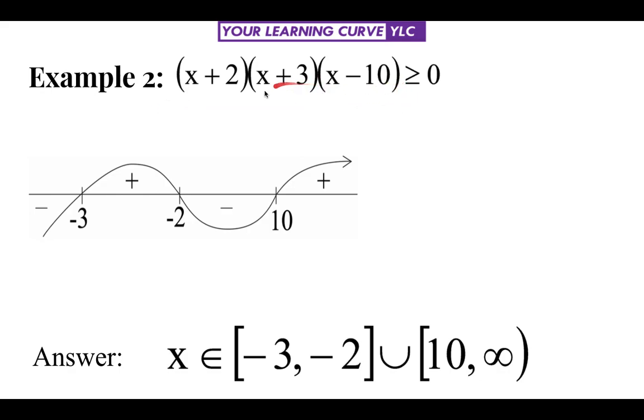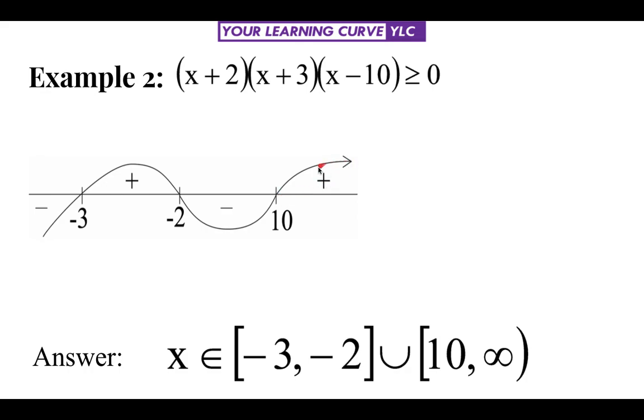Now, next, there is nothing in the denominator. Every factor is in the numerator itself. So, we will say that this function will never be undefined for any value of x. No need to write down the values at the factors. So, let us start plotting. We will put a positive sign at the extreme right, that is beyond the greatest number 10.